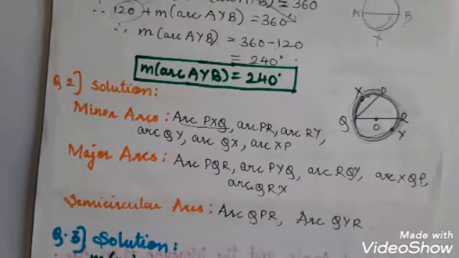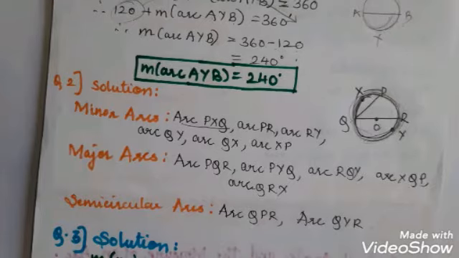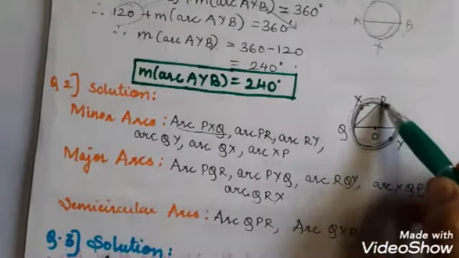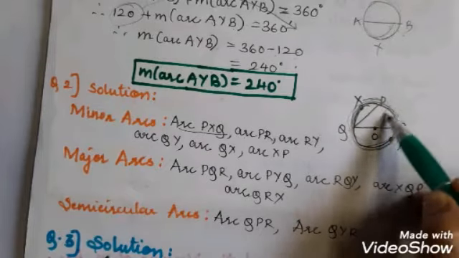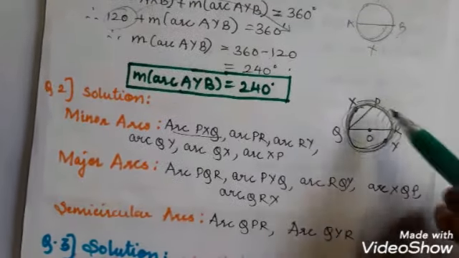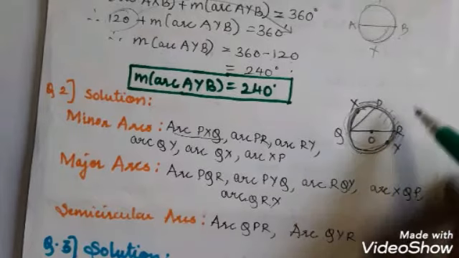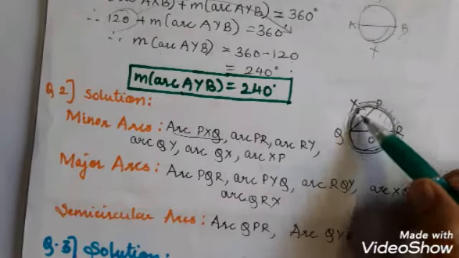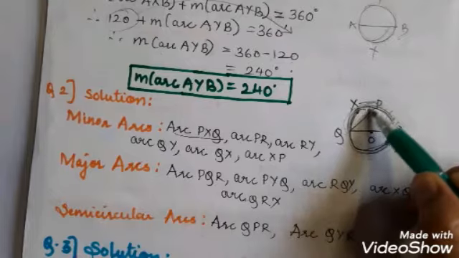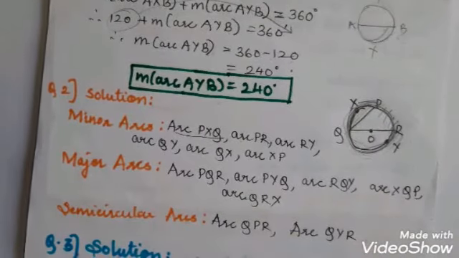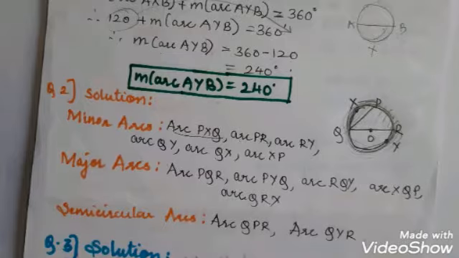If you see in each part, one smaller portion has been omitted. So in arc PQR, this PR has been omitted. We have taken a smaller portion out and the remaining I have taken as PQR. Next in PYQ, I have also omitted this portion of the circle. So you have to omit the smaller portion and take the remaining big part.